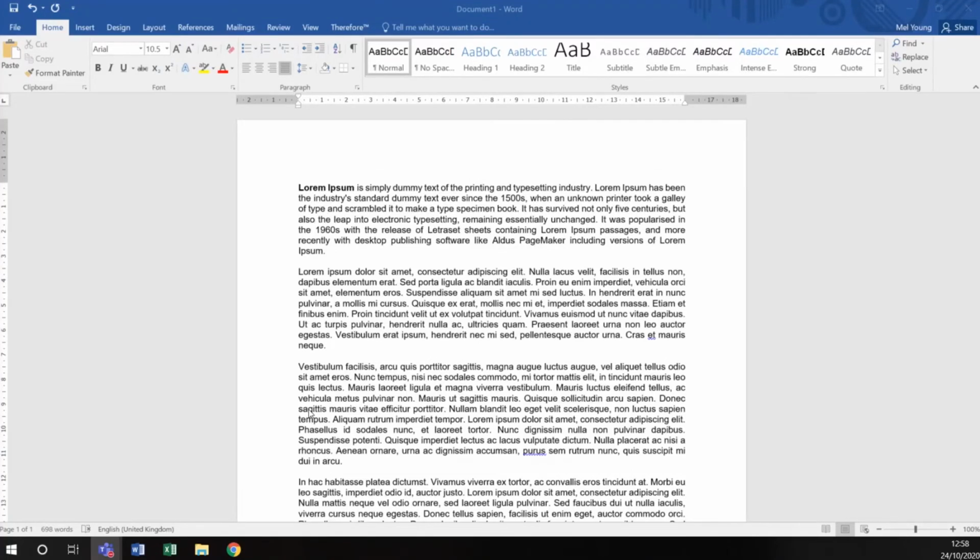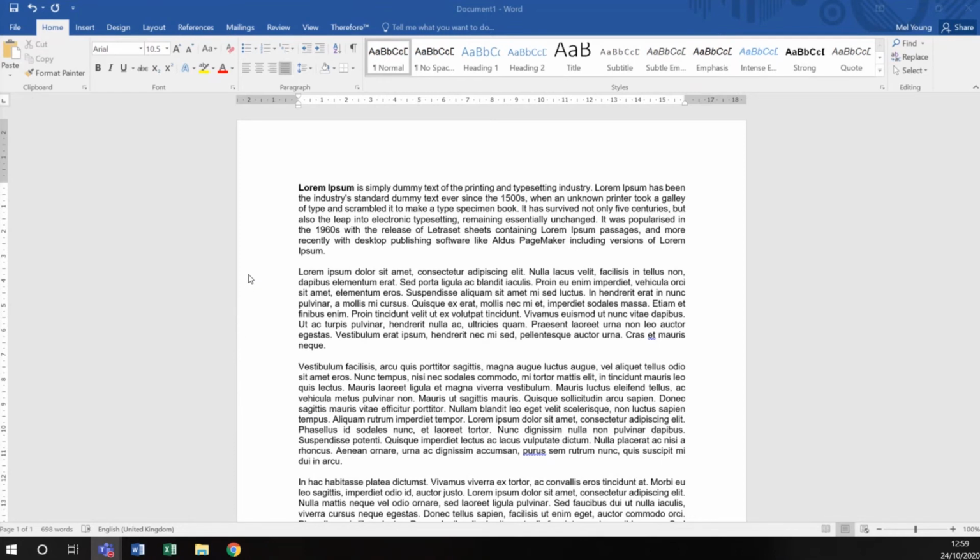In many occasions, if you are producing a report or an assignment, you are often asked to present your work in double line spacing. This makes it particularly easy for the person who's reading it to read it and mark it potentially if it's an assignment. So in order to change the line spacing of your document, if your document already exists, as this one does,